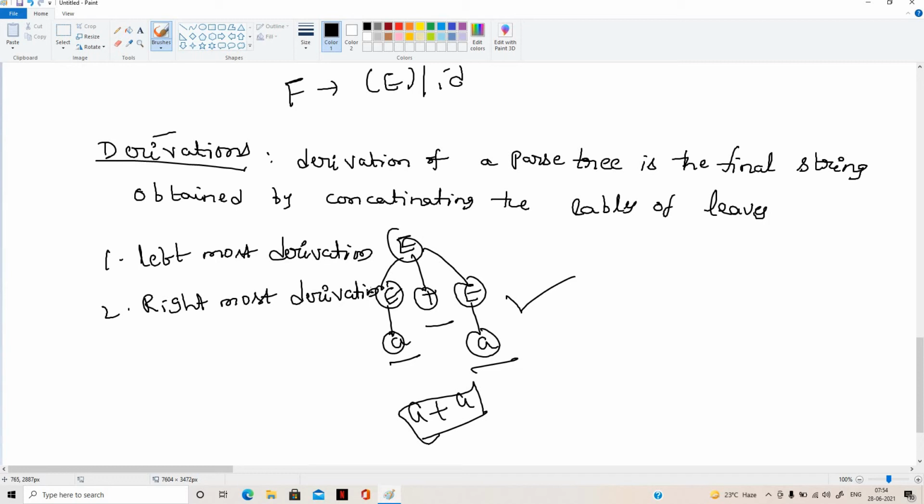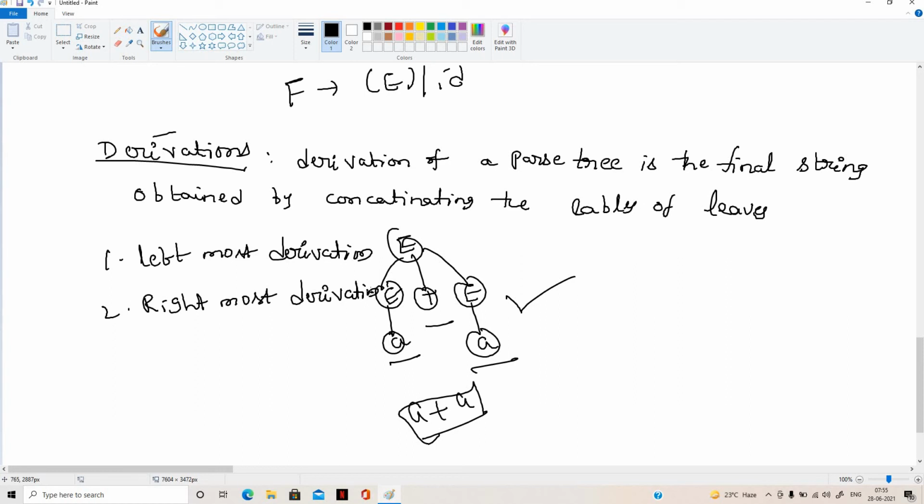When you are applying derivation from the leftmost variable, then we call it a leftmost derivation. The rightmost is nothing but applying the production to the rightmost variable only. So when you are applying the derivation with the help of the rightmost variable in each step, then we call it a rightmost derivation. So we'll discuss with one example how we are going to derive.